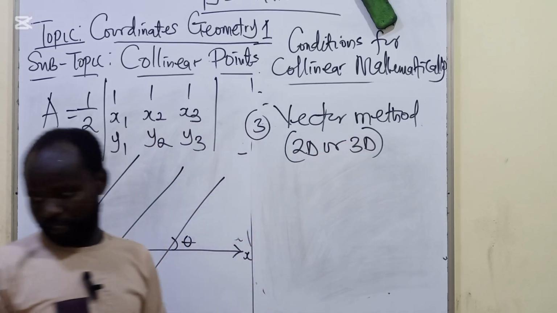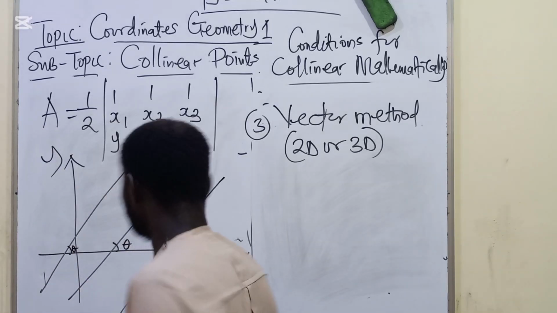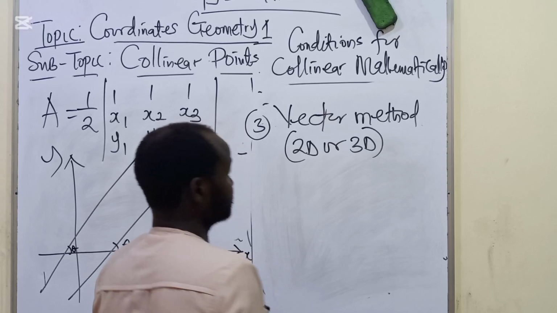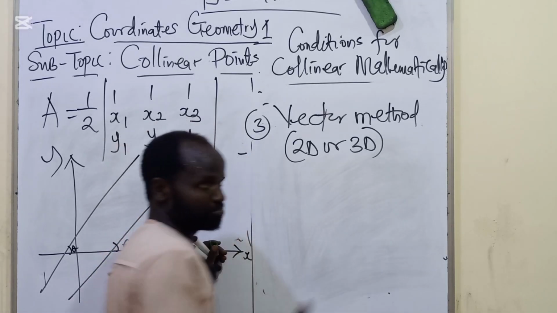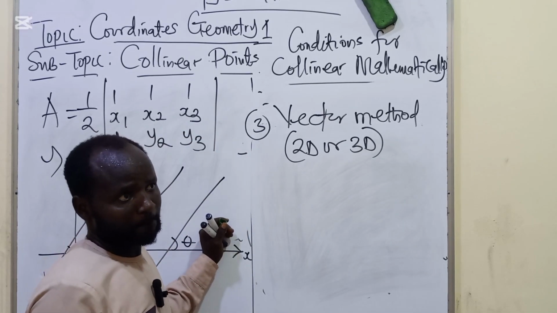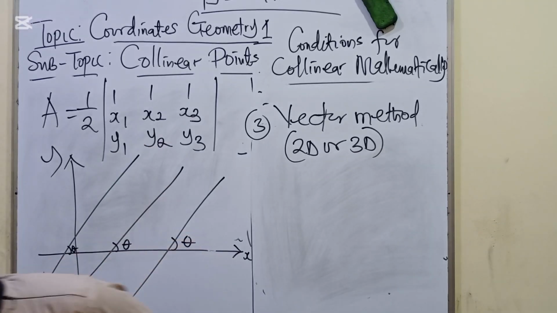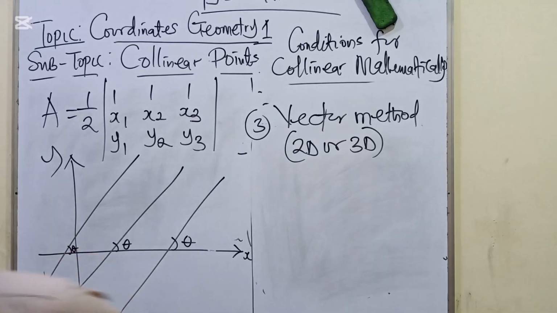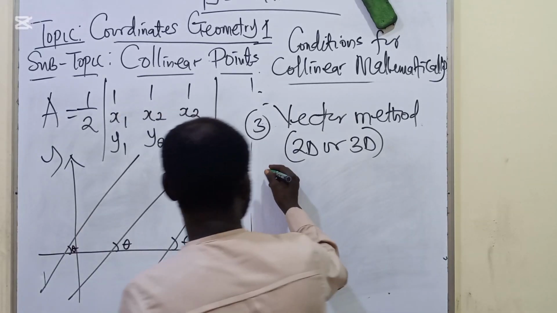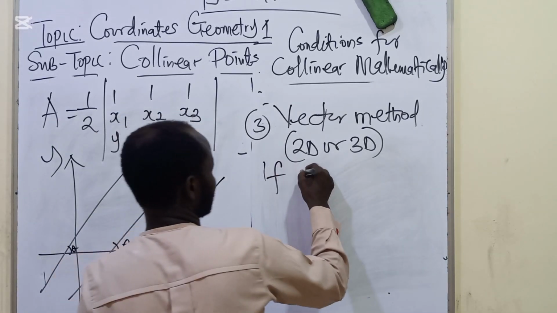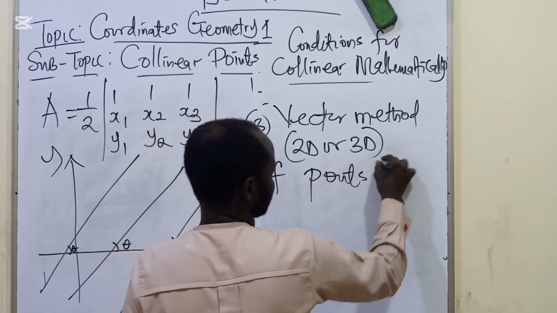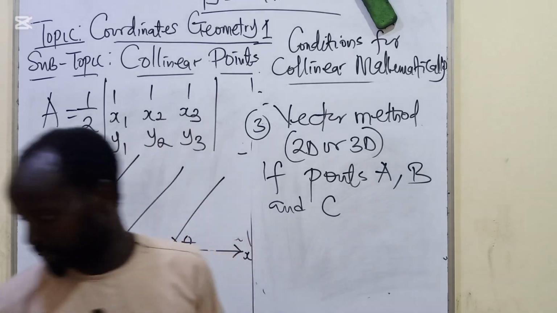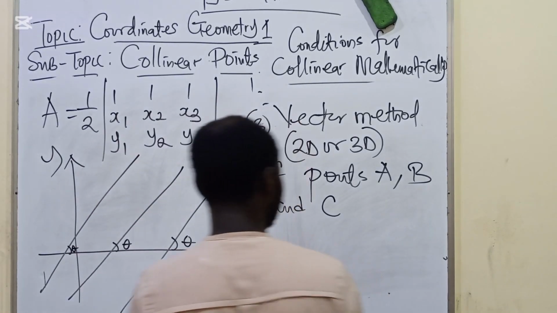Then we can conclude that, let's say we have 3 points, A, B, and C. If points A, B, and C are collinear,